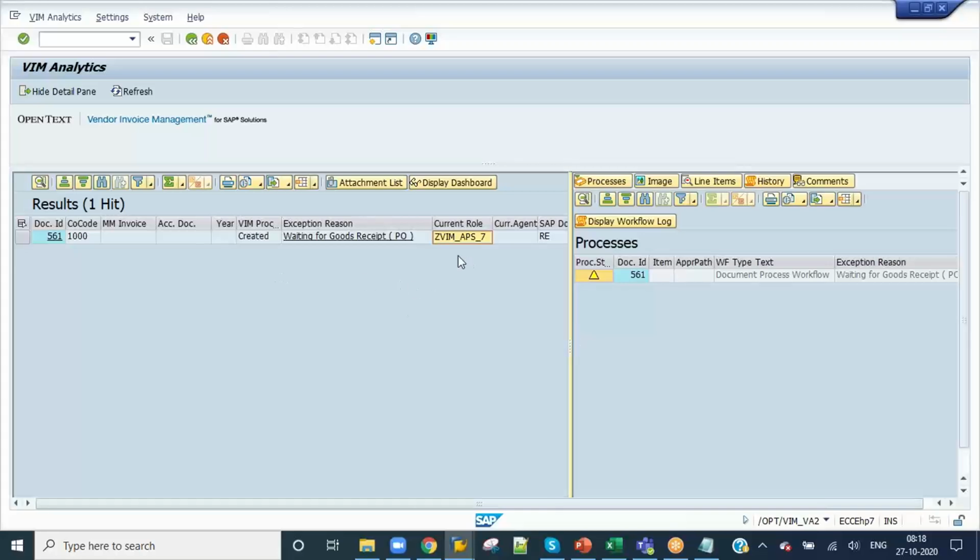So now there is a wait time we defined in the exception, right? After 5 days, it will automatically come to your VIM workplace, nothing but the AP team's VIM workplace, with this exception. Before that, let's say someone has done the goods receipt. Let's say one of the store guys received the goods. So what will he do? He will